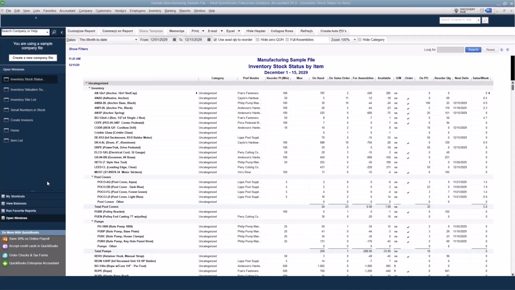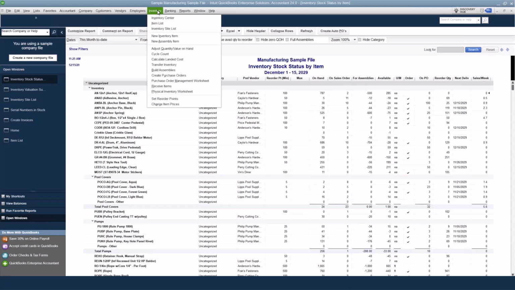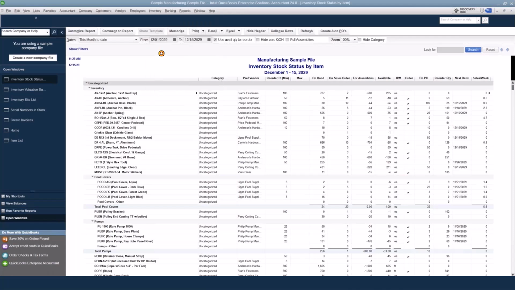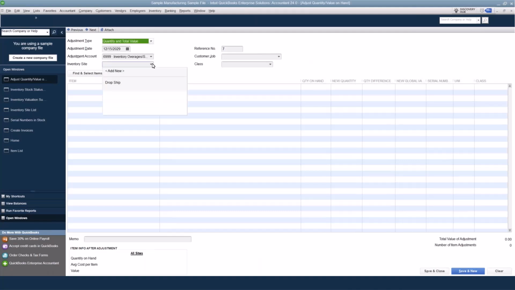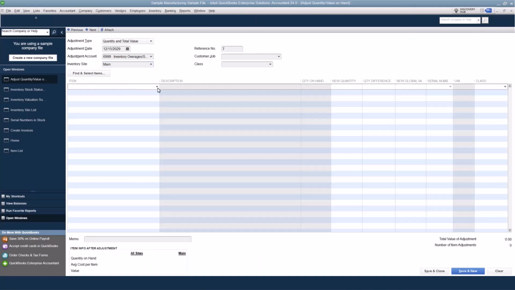And then question, how easy is it to adjust quantity on hand with the serialized item? Well, Rich, let's do it. So if we come up to inventory and we go to adjust quantity and value, you can see that we have serial number, or we have quantity and total value. So serial number would be if we need to change out, maybe we fat fingered and we need to change it. But if we do quantity, and let's go ahead and use that item that I did before. And it's kind of, are we wanting to change the serial number? So let's do both of them. So let's change the serial